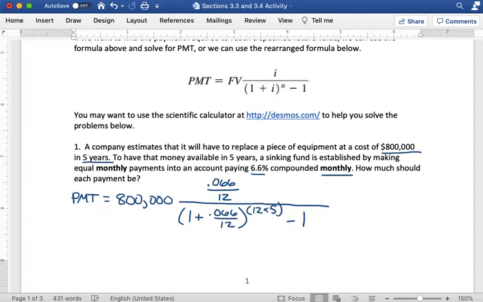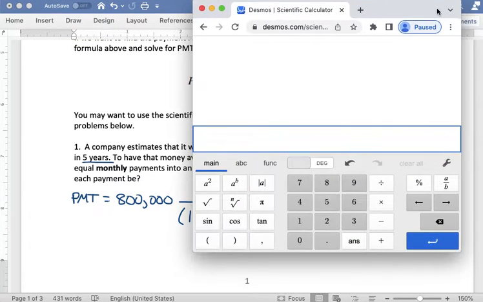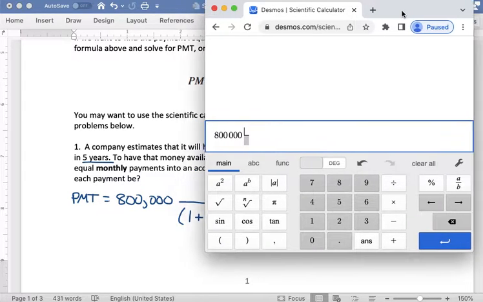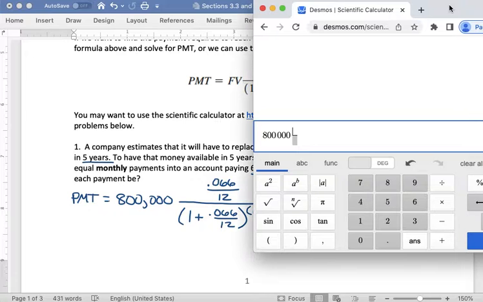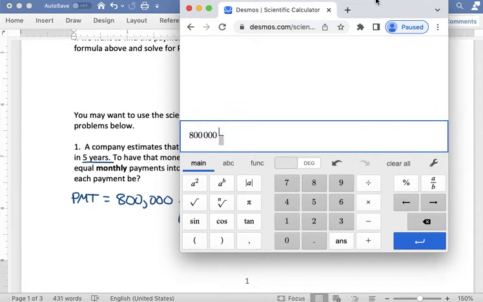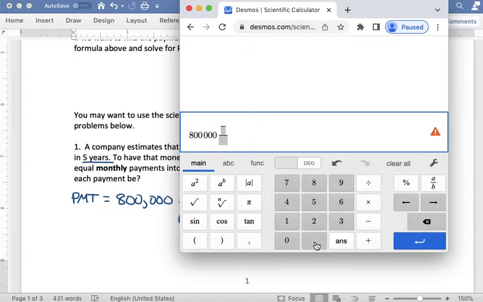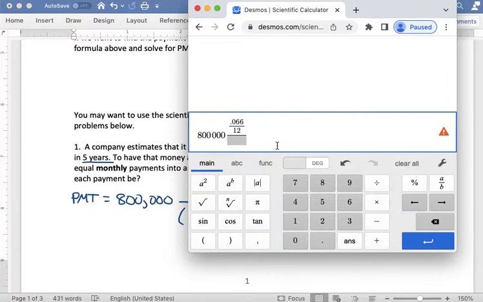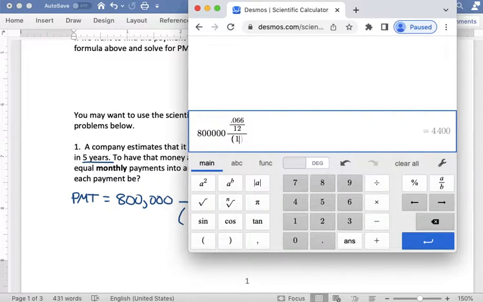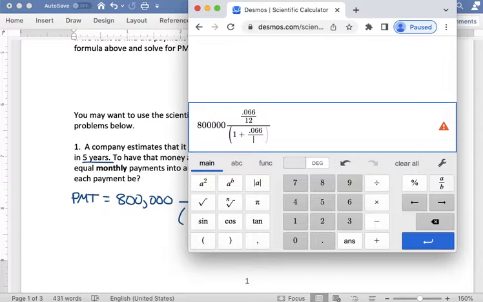So now I'm going to plug this in on my calculator. Really important that you plug it in correctly. The decimals calculator makes it really easy to do this correctly. If you're trying to do it on another type of calculator, like a phone calculator, you might have a little bit more trouble. So 800,000, I like to use the A over B button for these problems because it makes it a little bit easier to get the fractions. And 0.066 over 12. And then in my denominator here, I need parentheses. 1 plus another A over B